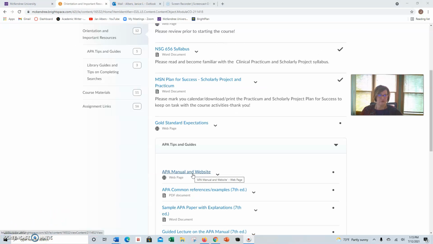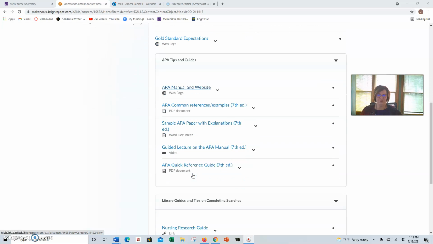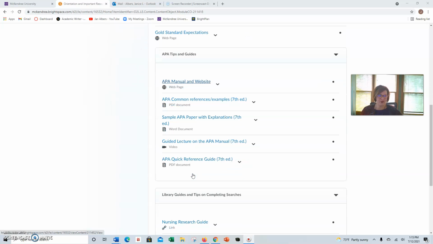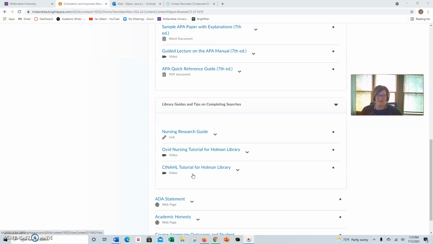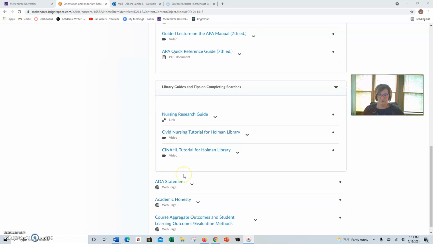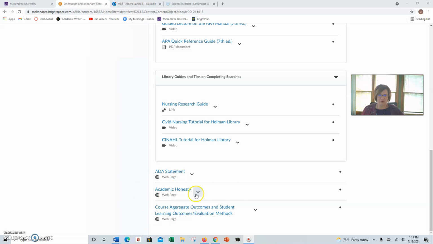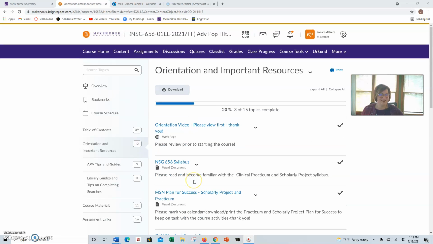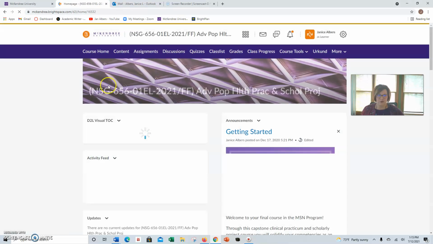Just a quick overview of what else is included. There's tons of information on APA. There is also information from the library and some guides to help you in your searches when you're doing your annotated bib, and the overview of our ADA statement, academic honesty, and those factors that we look for in quality education. So when we go back to Course Home,